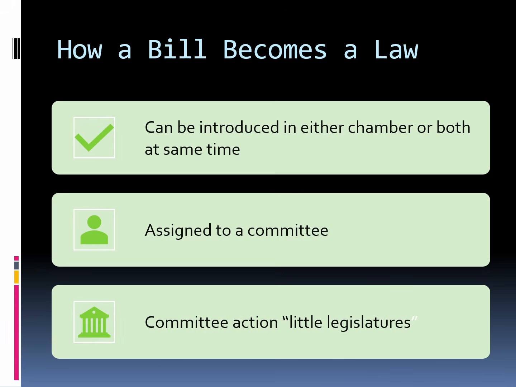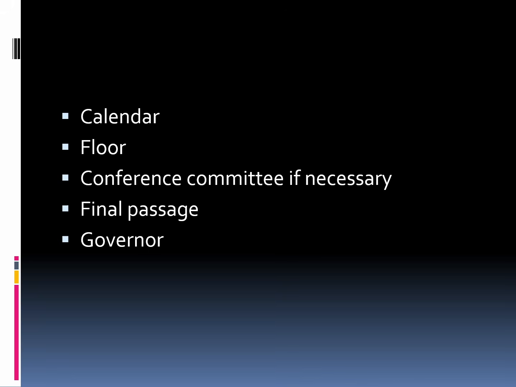They will rewrite the bill. They will take testimony, add sections to the bill, delete sections from the bill. It'll report out of committee. If it does not report out of committee, the bill is killed. If it does report out of committee favorably, then it goes to the calendar. It has to be placed on the calendar, and the calendar is a mechanism that advances these bills to the floor. The House has one way of doing it, where the chair of the calendar committee decides which ones are going to go or not. They can be killed at that point.